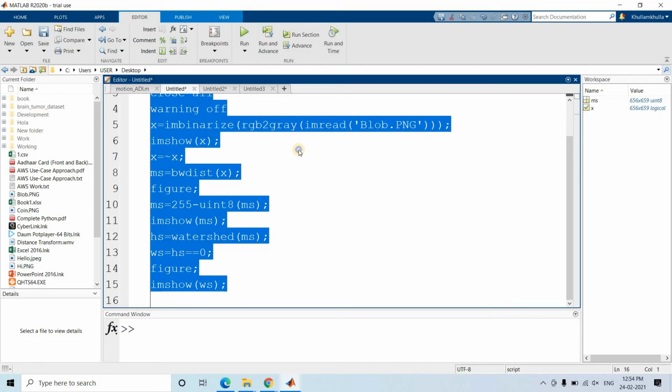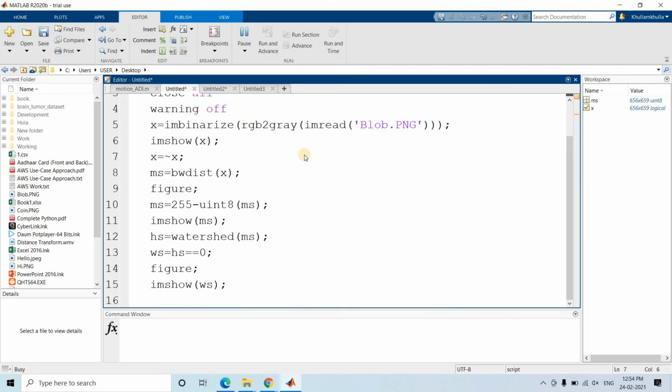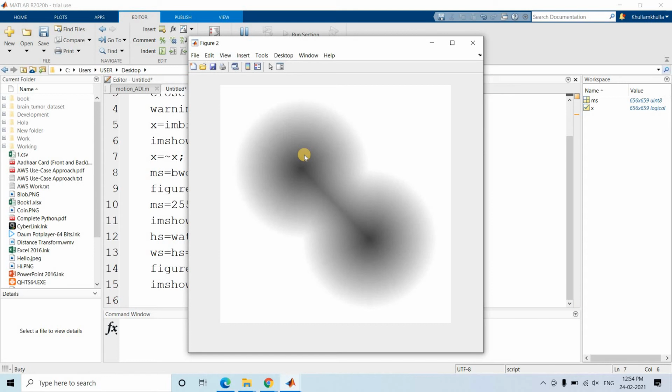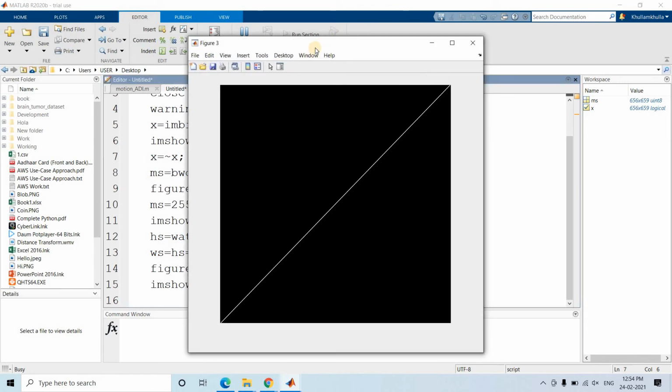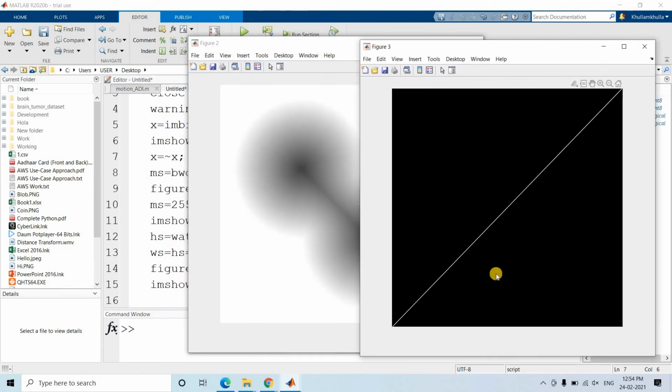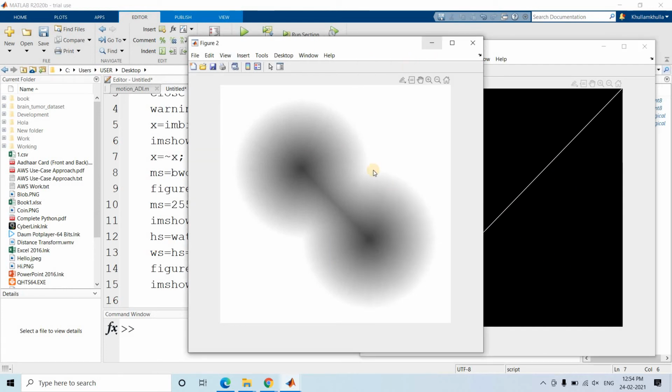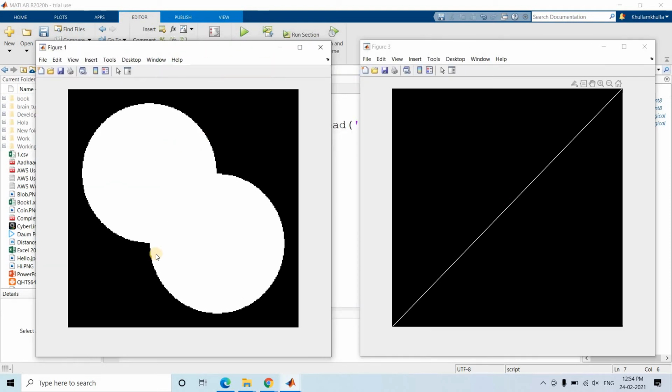WS. So after applying watershed segmentation, we are getting this kind of line. Now what we will do is superimpose this particular line. This is the pre-processed image, no need to worry. We will superimpose this particular line on this, so it will go like this. Our requirement is overlapping these two such that this particular white part will appear as a black part in between as a separator.